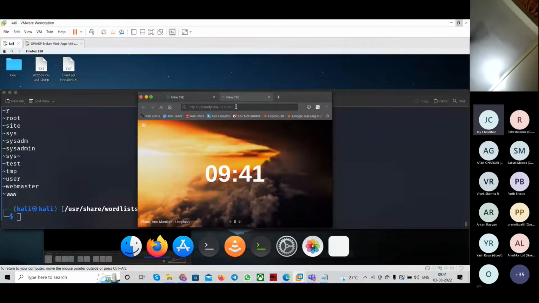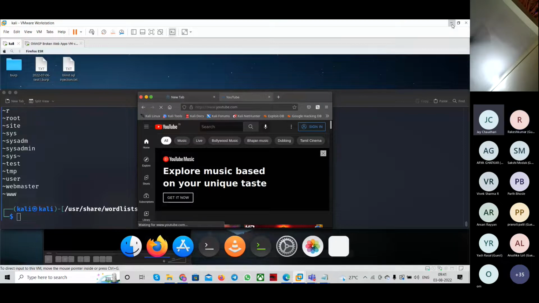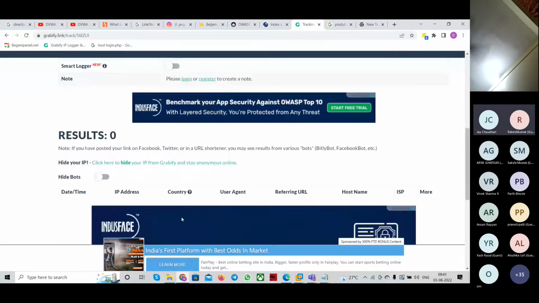ओके एंड मैं यहाँ पे जस्ट इसको सर्च करूंगा। तो जैसे ही मैंने सर्च किया, मुझे यूट्यूब खुल के आ गया, क्योंकि वो यूट्यूब की लिंक को वहाँ पे इनकोड किया था। ओके बट यहाँ पे जैसे आप जाओगे, तो यहाँ पे आपको इन्फॉर्मेशन मिल जाएगा उसके बारे में। यू हैव टू जस्ट रीलोड द पेज।